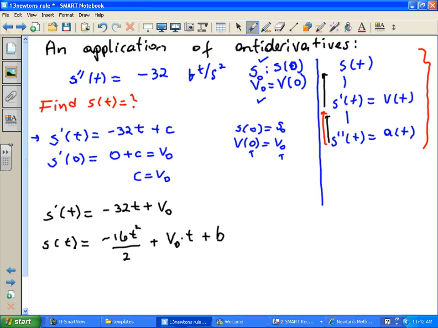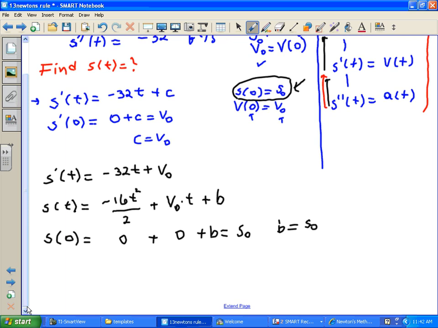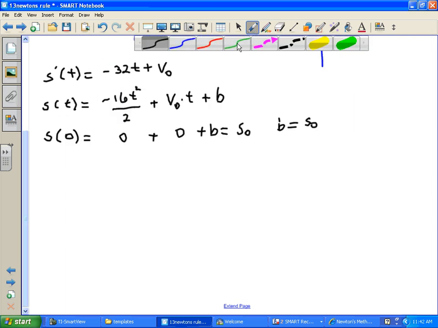And since I know that when time is 0, initial distance is s sub 0, let's go ahead and plug in 0 for time. And we get 0 squared is 0, plus anything times t being 0 is 0, plus b. That must be equal to s sub 0. So from here we get that b is equal to s sub 0. And with that I can modify my equation for the last time, that s of t based on this is equal to,